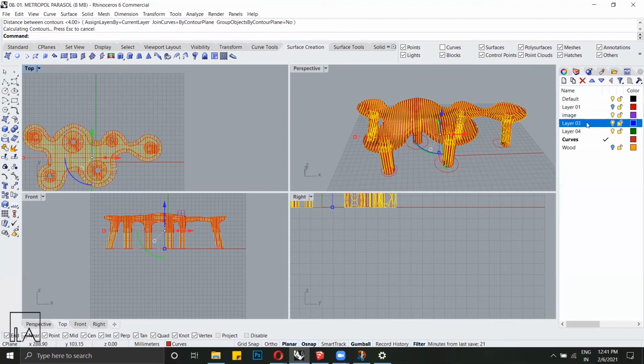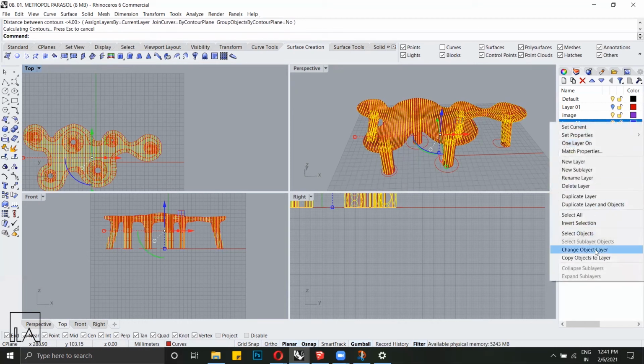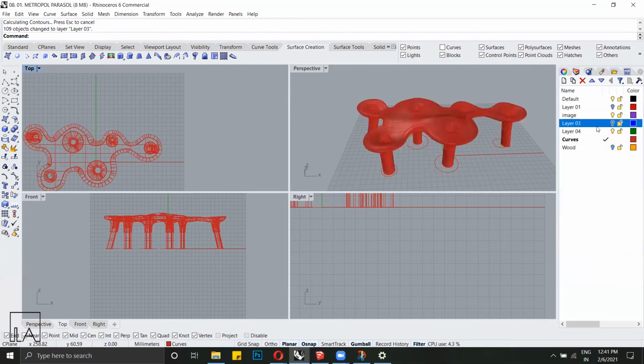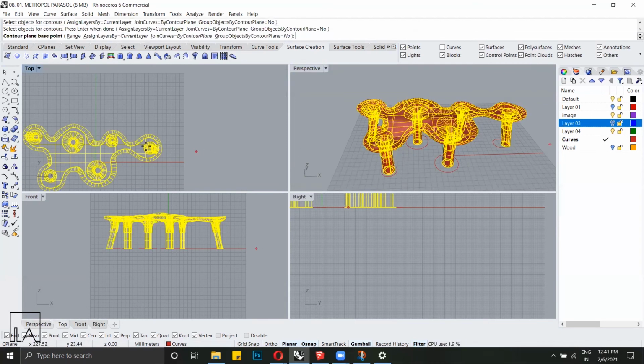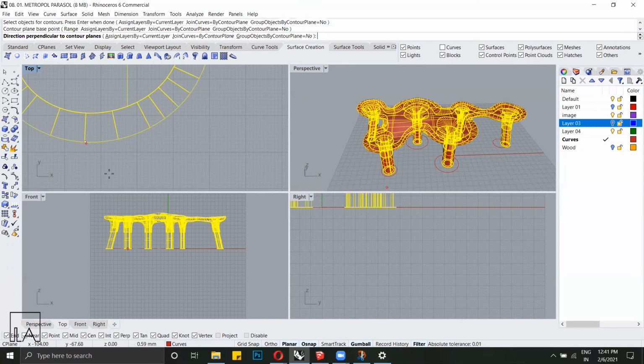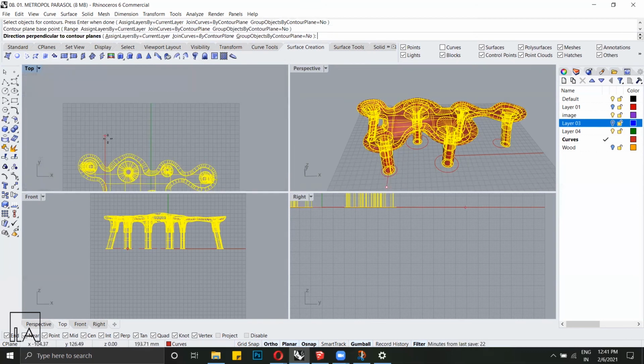Now I'm going to set this into a new layer. I have my new layers already, layer 3. I'm going to change object layer. So now it falls onto that layer. I'm going to switch that off again. So now we have a second set of wooden elements as well. I'm going to do the same thing again. I'm going to select the object. This time I'm going to select my bottom point here. I'm going to hold shift again.